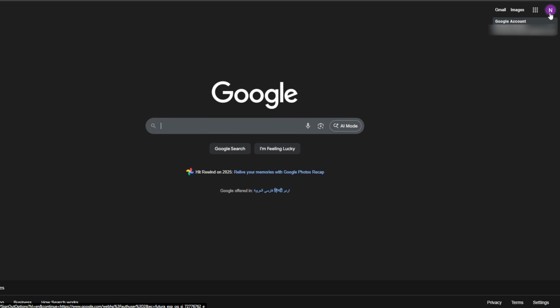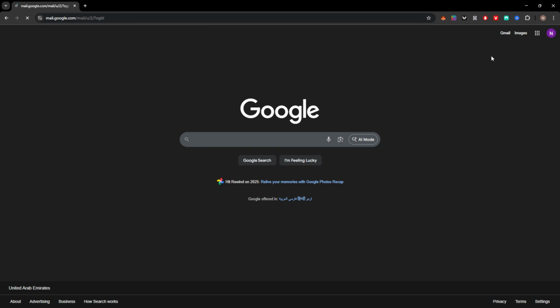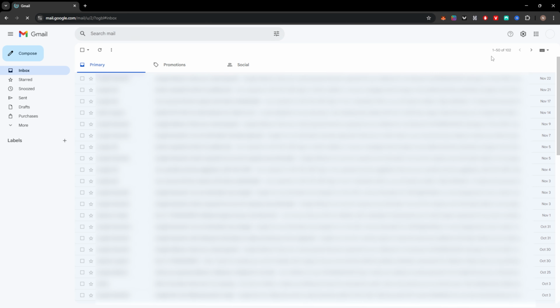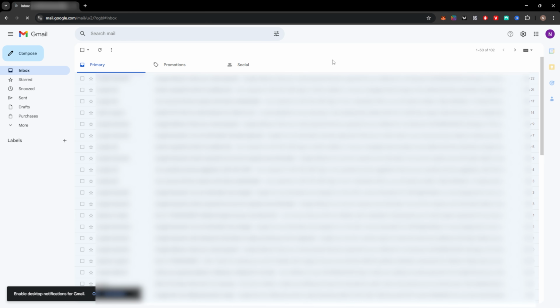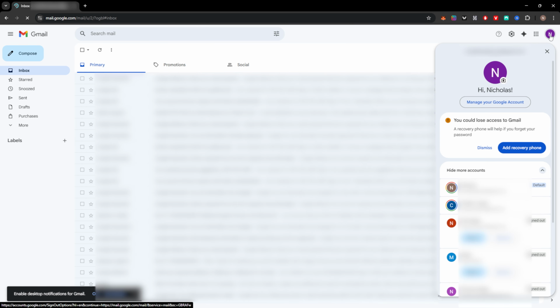But what about Gmail? Well, if I come over to Gmail, which is this option right here, give that a click, it's going to load up the Gmail for the account that has been signed in. Okay, it's going to load this up. It's going to look like this. Okay, again, the same principle applies. You can click on this little icon right here, and you can come down to your other accounts. I'm going to scroll down to this account right here, which is my default account, and I'm going to click